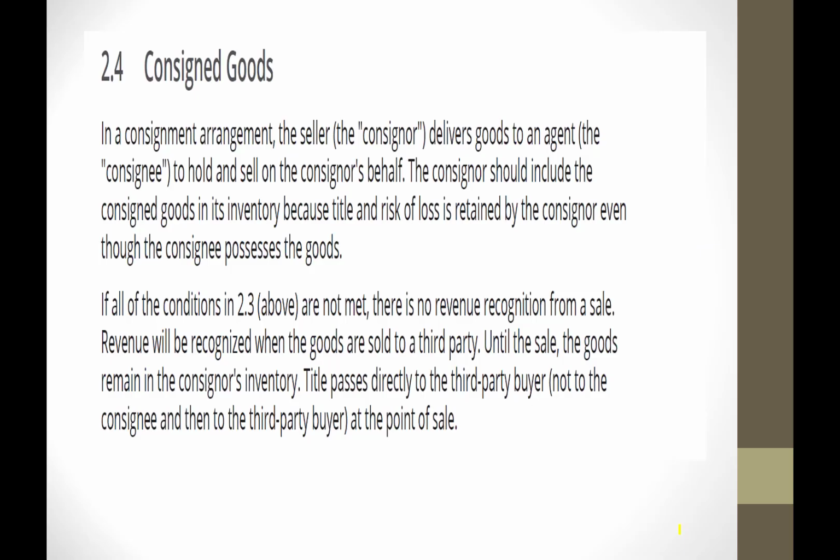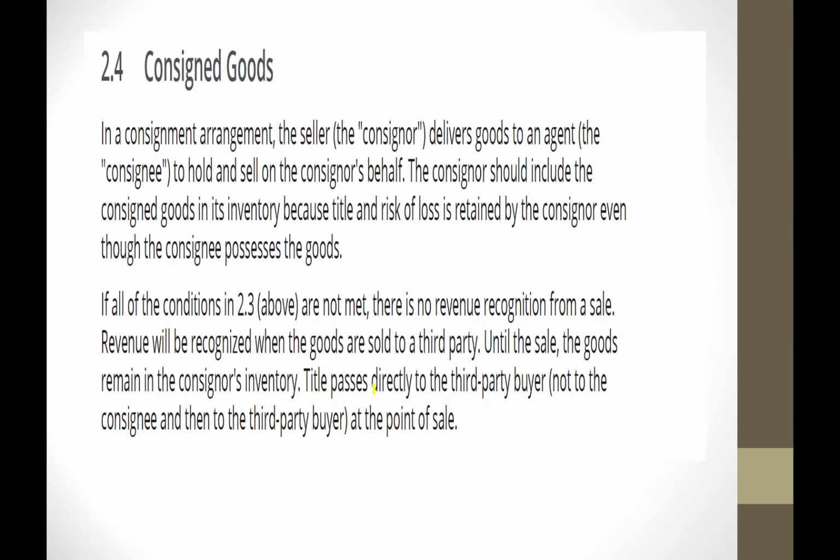All right, good. Consigned goods means what? Well, you write a book and you want Barnes and Noble to buy the book from you, right? And they say no, but they take pity on you and they say, look, we'll set the book up on the shelves in our store, and if somebody buys them, we'll give you 97% of the money, we'll keep 3%. How about that? But we're not buying the inventory for you. So if that's the case, what? Those goods are out on consignment, and at the end of the year, you would do what?